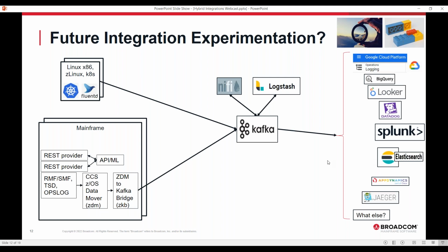But as we've mentioned multiple times in this webcast, you can do this with dozens of tools. We have not looked at all of these in a lot of depth, but would like to look at more. What we'd really like to know is, which ones are you using? Which ones would help you the most to mainstream the mainframe, to bring the mainframe into the rest of the enterprise landscape?